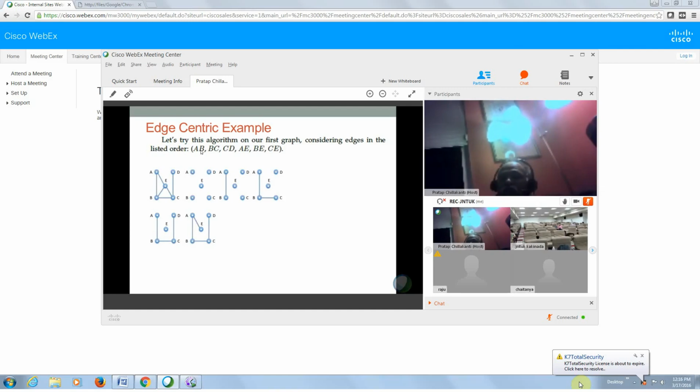So you are going to do AB. Now when you take AB, the AB is in the graph, right? That's how you came up with the list order. So you connect A and B. Then you have BC. Right? So you go here, you see, you connect BC. Then after you connect BC, then what do you have? CD, right? So CD exists, so you can connect CD. So I'm here now, second row, first one. Okay. Once you connect CD,